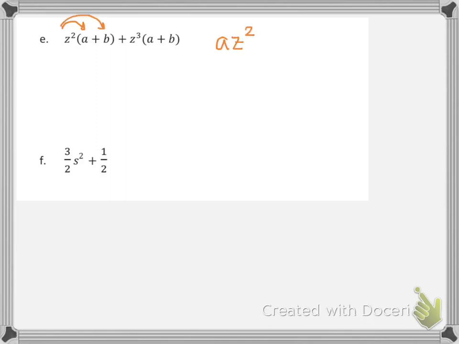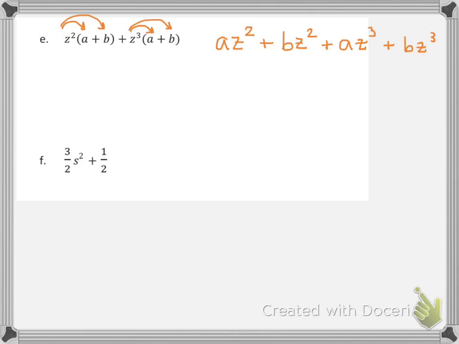Z squared times b is going to be a positive b z squared, plus z cubed times a, that's a z cubed, and z cubed times b is a positive b z cubed. All right, so I have a 4-term polynomial,